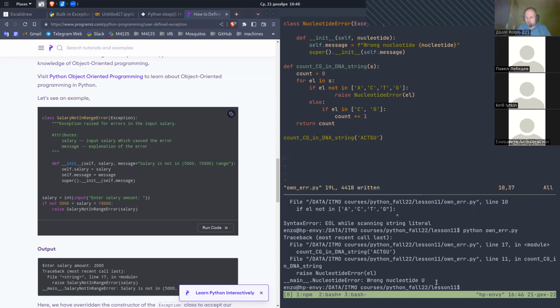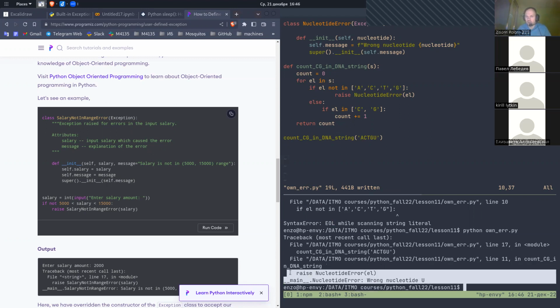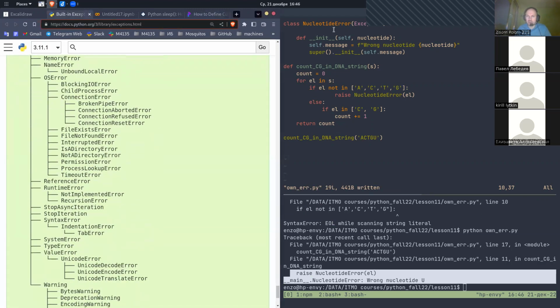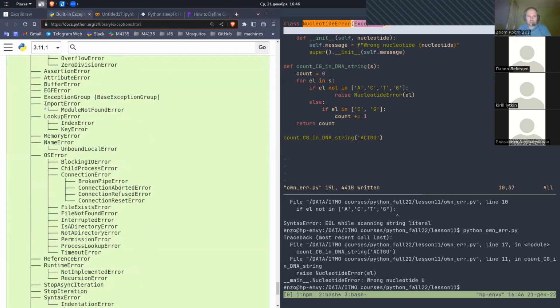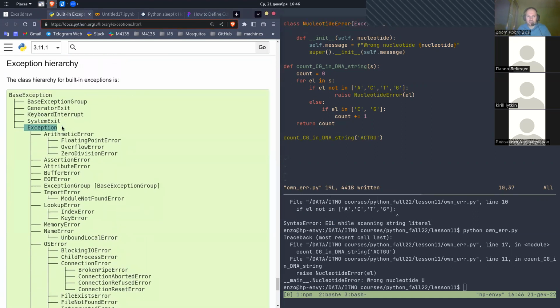Yes, we have our own nucleotide error. So we add our error class to this hierarchy like a child from the exception. So we have arithmetic errors, assertion errors, and now we have nucleotide error. And we can handle it explicitly. So we can use try except block. Try to count ACTGU